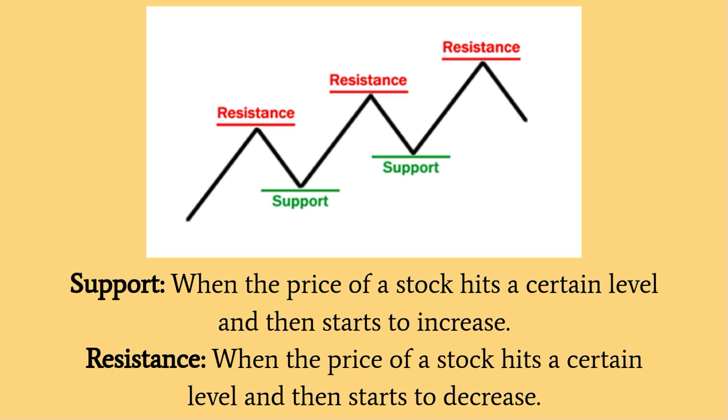When the price of a stock reaches the support level, it is an indication for the traders to buy the stock. And when the price of a stock reaches the resistance level, it is an indication for the traders to sell the stock that they have already bought. A decision to buy or sell a stock should not be taken just on the basis of support and resistance levels. More technical indicators need to be checked for, and only then a trade should be executed.